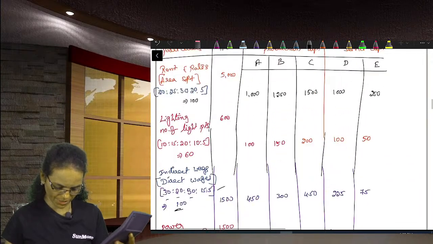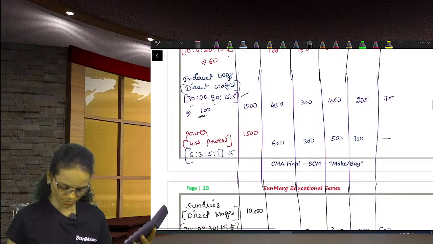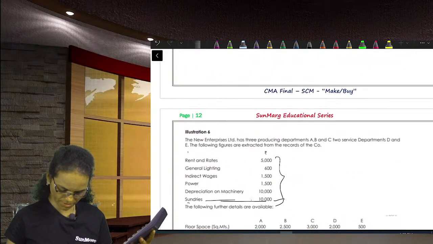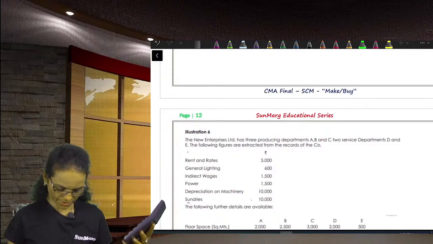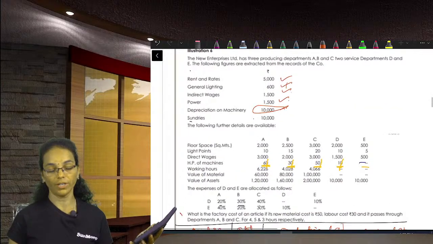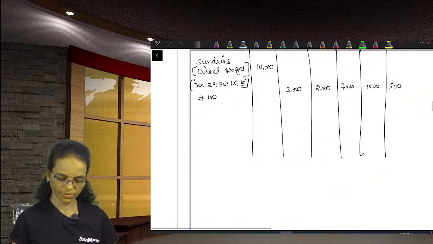Are we missing any item? How many items are there? 1, 2, 3, 4, 5. Rent we have taken, lighting taken, indirect wages taken, power also taken, depreciation element we have forgotten. Okay. Depreciation